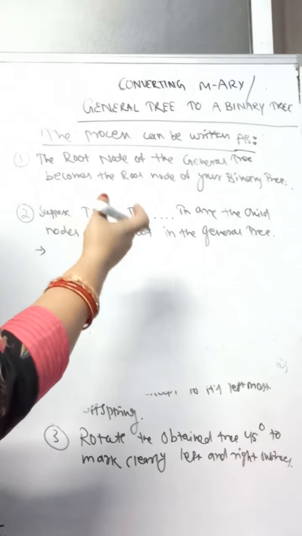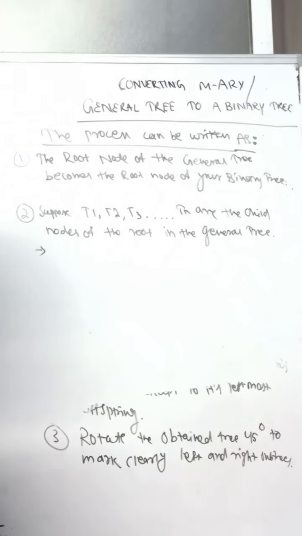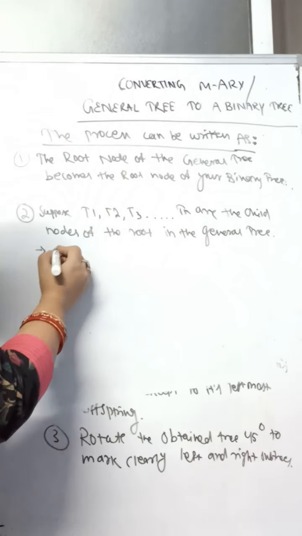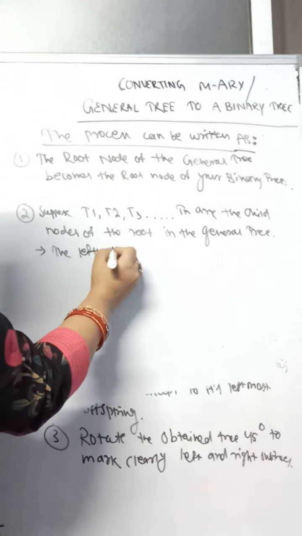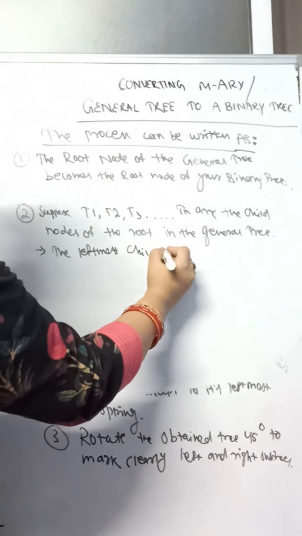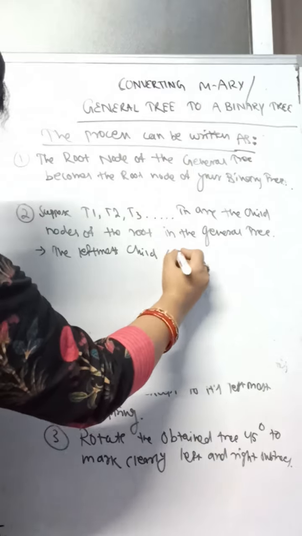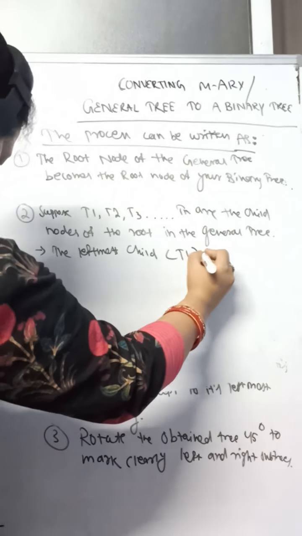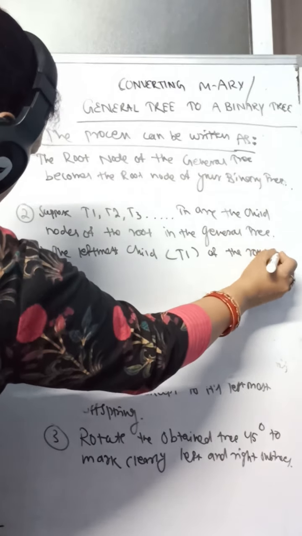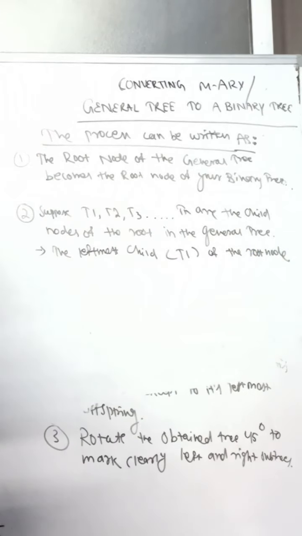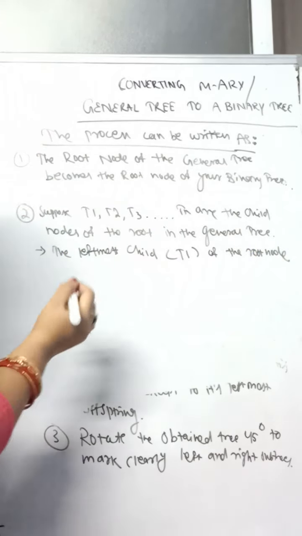So suppose T1, T2, T3 are the child nodes of the root node of the general tree, and the leftmost child is T1, the child of the root node in the general tree,